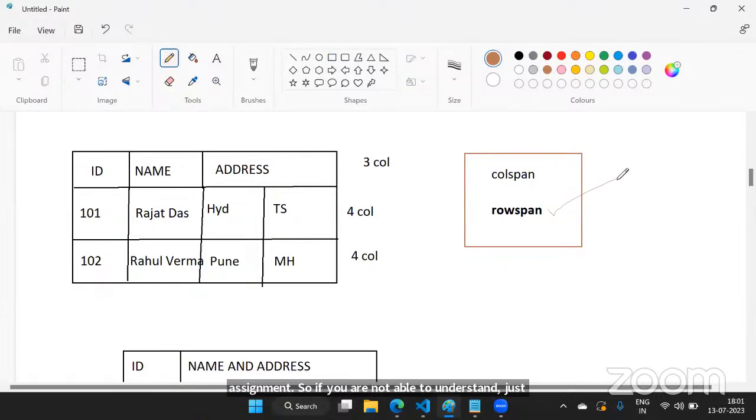Sir, I tried, but I'm not able to understand exactly how it is working. Okay, so first you give it a try. Let's see how many of you will understand. I think 100% people will understand it. But in case you're not understanding,